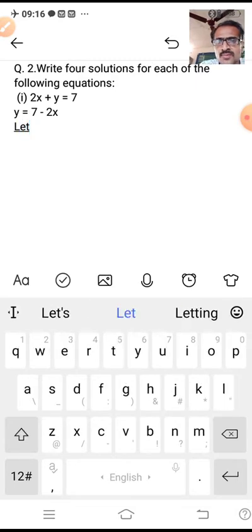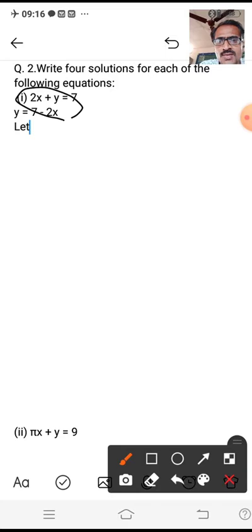Now what we will do, we will take different values of x. See, whatever variable you have on the right hand side, that value we are going to take. On the right hand side we have x, so we can take different values of x. You can start the value of x from 0, 1, 2, 3, 4, 5, 6, and even negative numbers also you can take. Again I repeat, you can take any value of x,